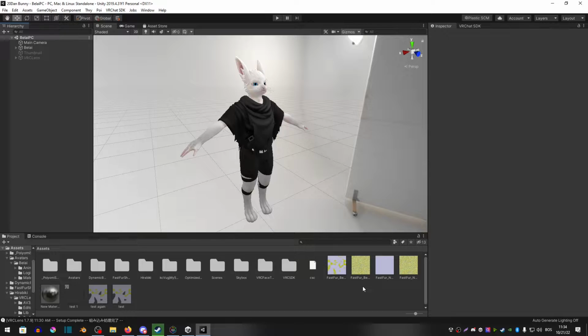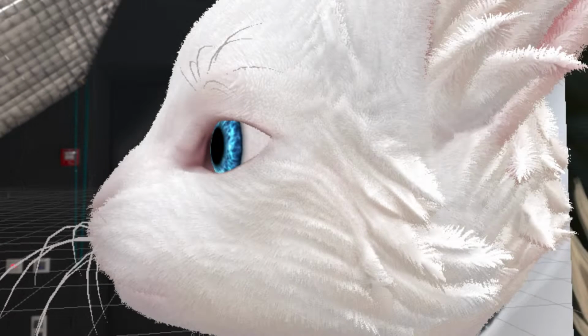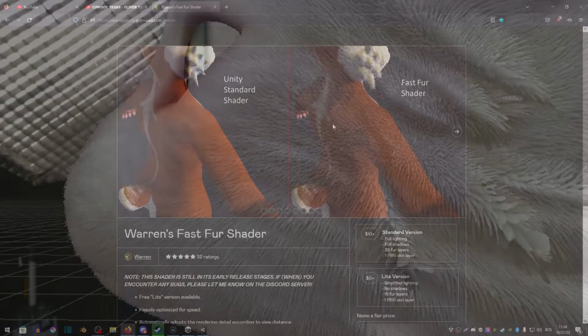Today I'm going to be showing you how to add realistic fur to your characters for VRChat. If you haven't seen it, this is basically how it looks. It gives you a rough image here of how this is by default, and then this is with the fur